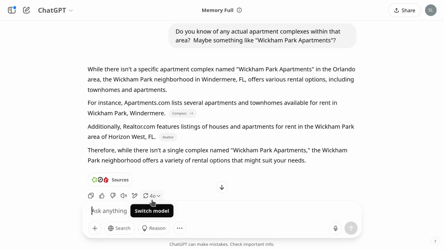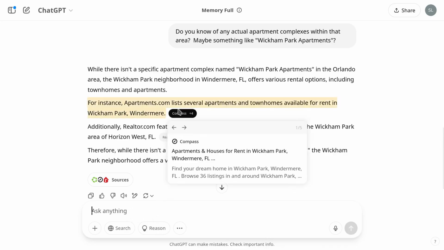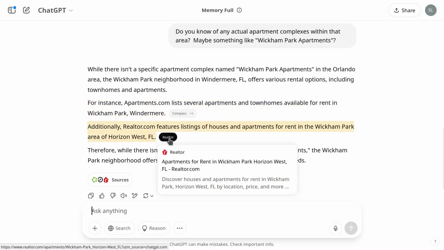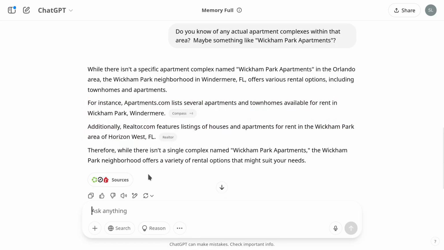You could ask it the same question twice, and depending on the prompt, it might give you the same answer. It might give you one entirely different. So it's like it says down here, it can make mistakes. Please check important data. But again, it comes back. You have another link, Compass. You have Realtor.com. You have all the different sources to give you the information you're looking for on that particular